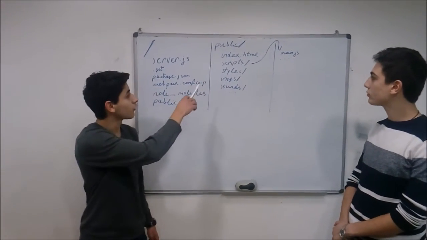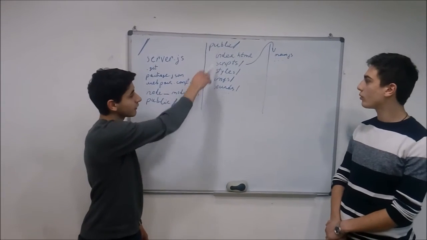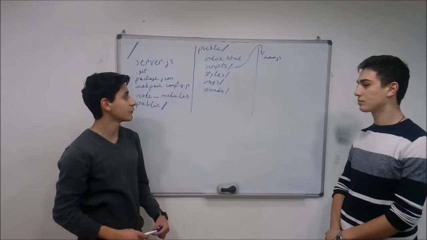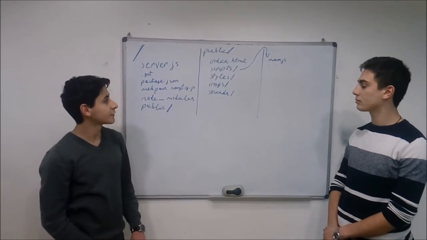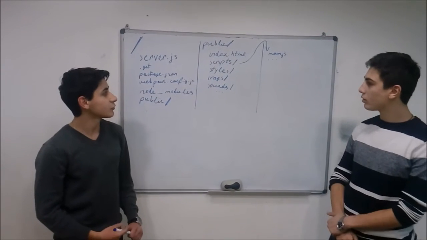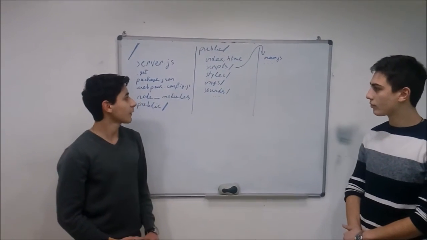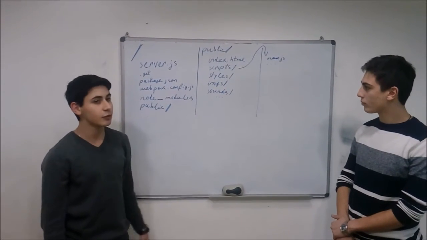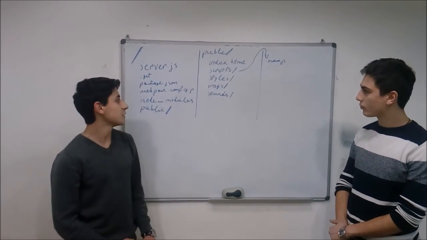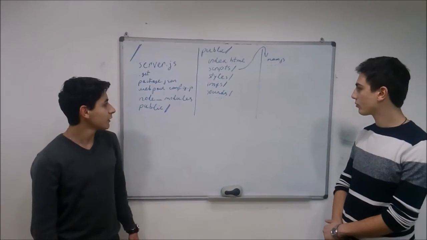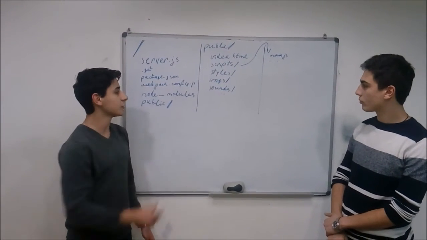In the public folder, you can see the files index.html, scripts which contain JavaScript files such as main.js and other files, styles which is used to give a style to our project. It consists of CSS files, and images which are used in our game, and then sounds to give a background